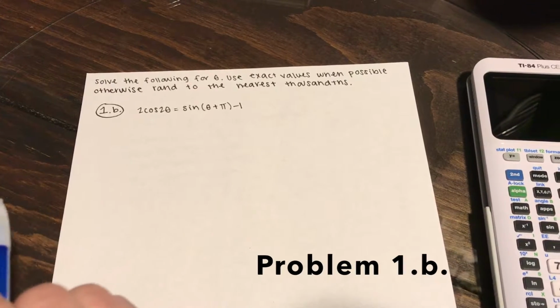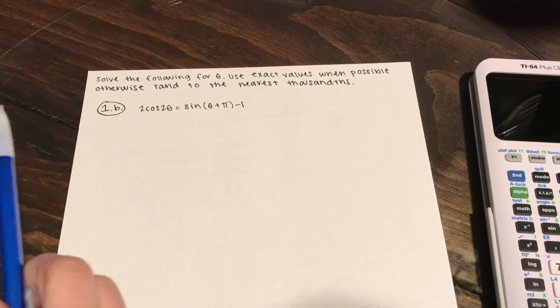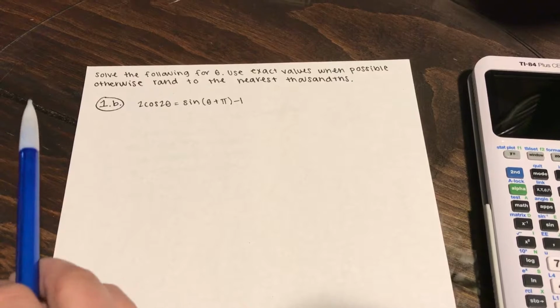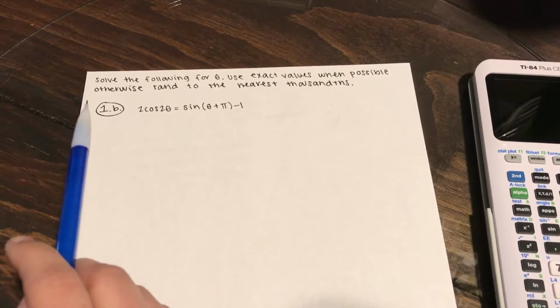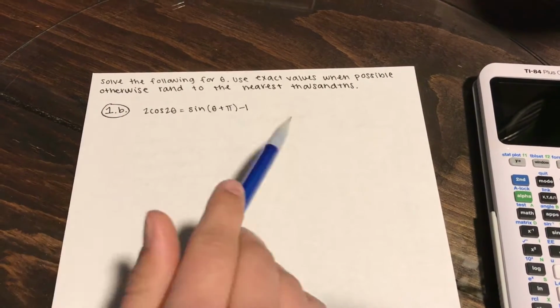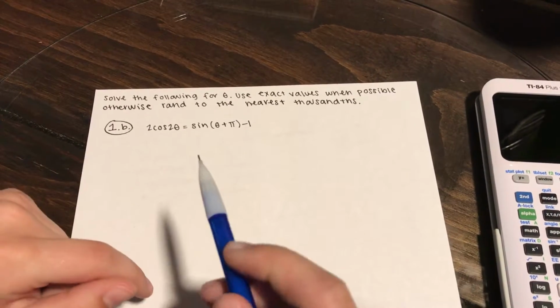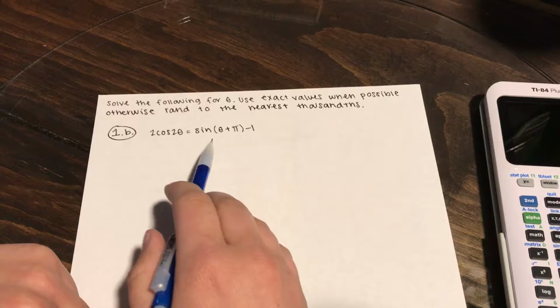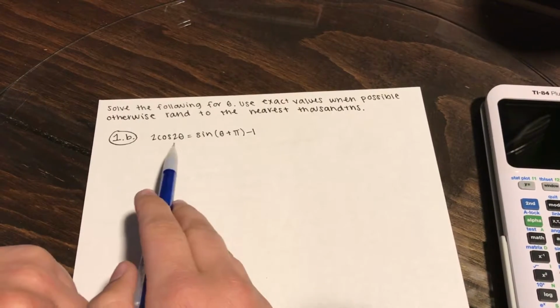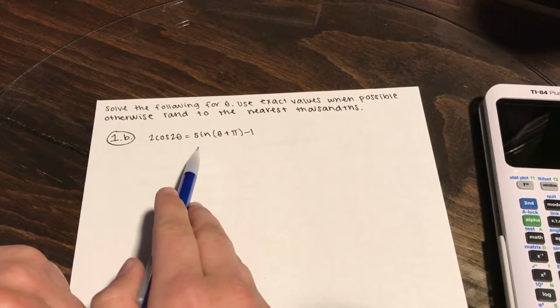Alrighty, jumping right into the first problem, we first read the directions that say, solve the following for theta. Use exact values when possible, otherwise round to the nearest thousandths, which is the third place after the decimal. That's just in general Mr. Reader's rule. So first let's start off with the angle sum, because from the angle sum you can either get